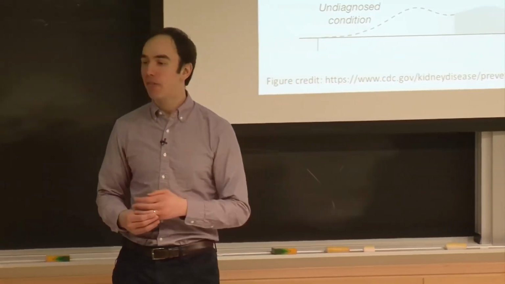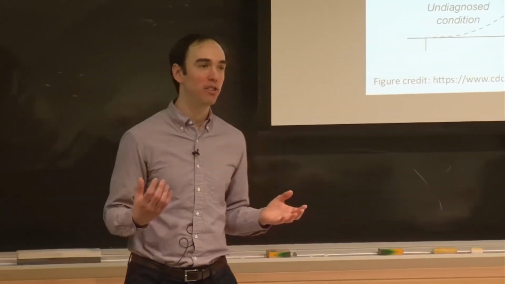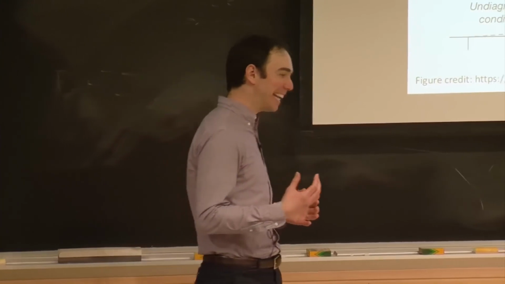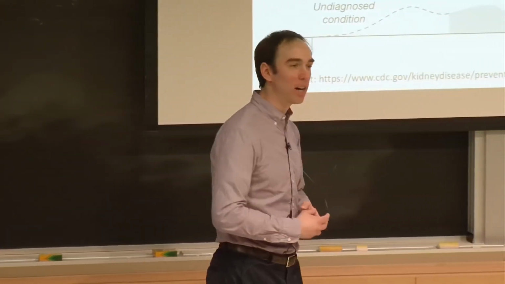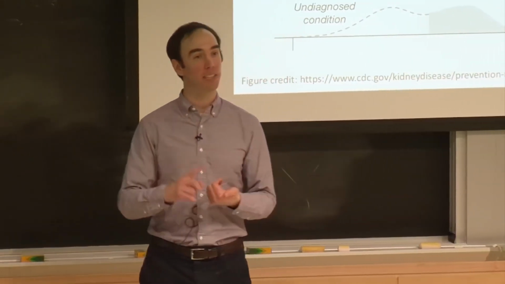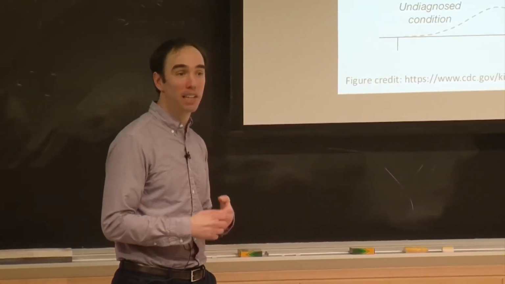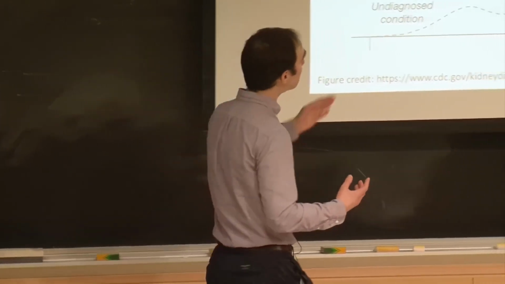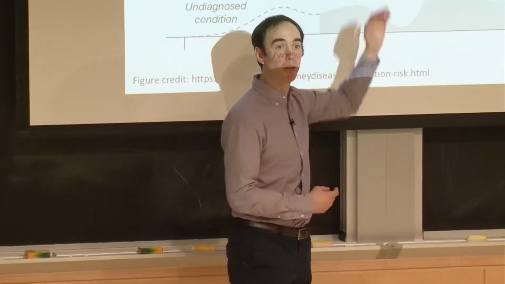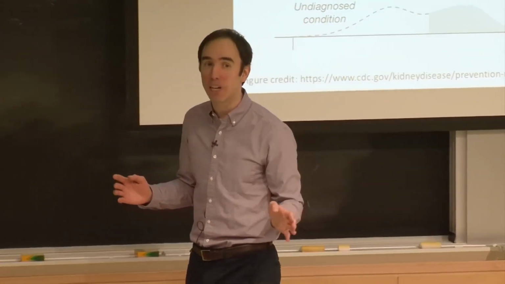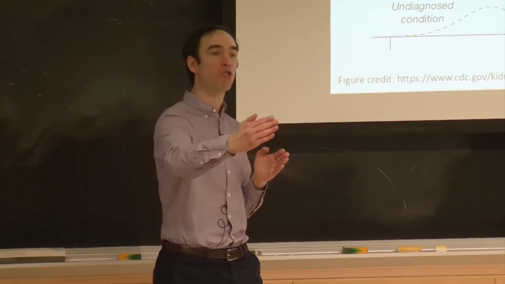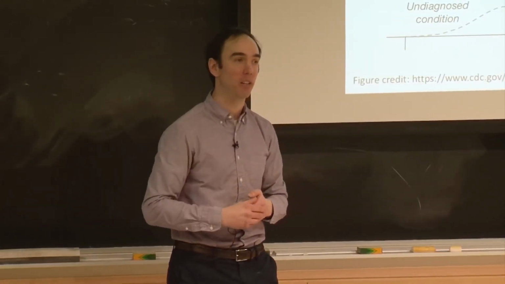Right now, we have one way of trying to stage patients. A standard approach is known as the eGFR. It's derived predominantly from the patient's creatinine, which is a blood test result, and their age. And it gives you a number out. From that number, you can get some sense of where the patient is in this trajectory. But it's really coarse-grained, and it's not at all predictive about when the patient is going to progress to the next stage of the disease.